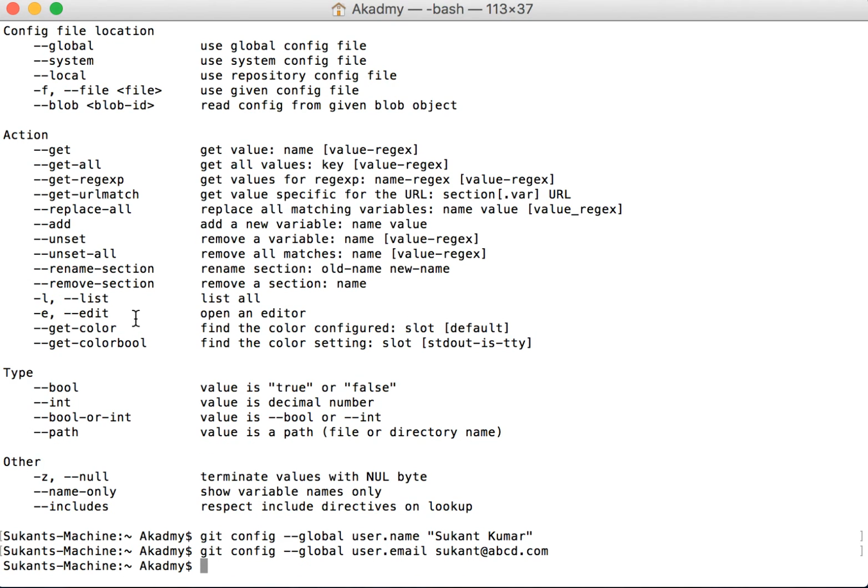We need to do these two things only once, and since we are passing the global option, git will always use that information for anything we do in this system. If you want to override this with a different name or email ID for specific projects, then simply run the command without the global option when you are committing or adding changes in that project.